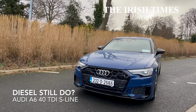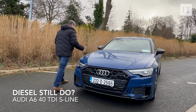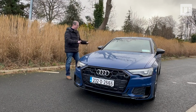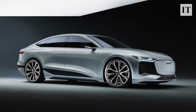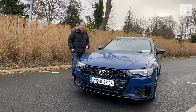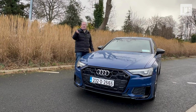This is the Audi A6, but then you probably knew that because this is a car that's actually been on sale for quite some time, and it almost shouldn't be on sale now, because in theory this car's replacement, the all-electric A6 e-tron, should have been here by now, but that got delayed by software issues. It's not arriving till later this year, so the old A6 soldiers on for a bit yet,